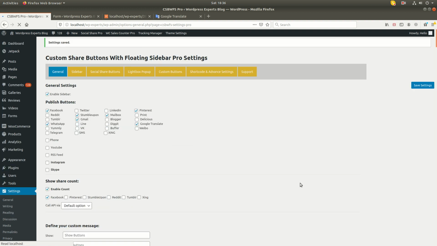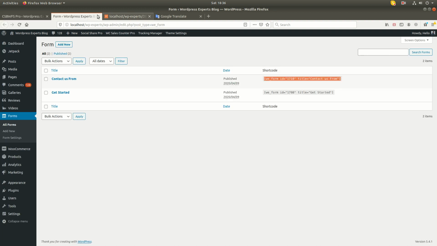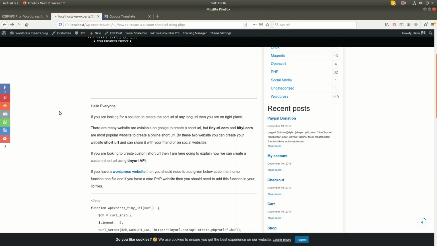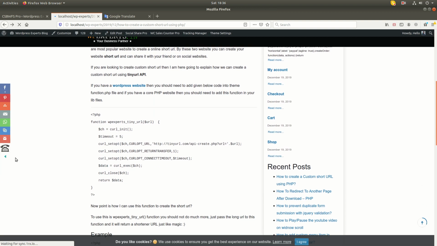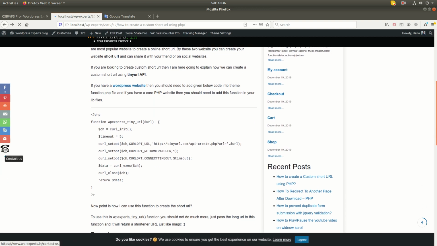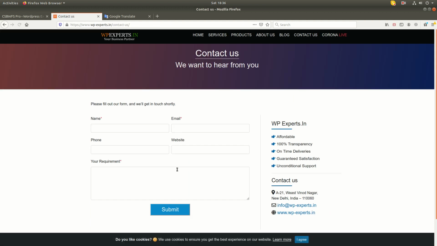So let's see what happened. Yeah, you can see it's showing on the basis of our custom button. And once the user clicks, it will redirect to the designated site that you defined when creating the custom button.